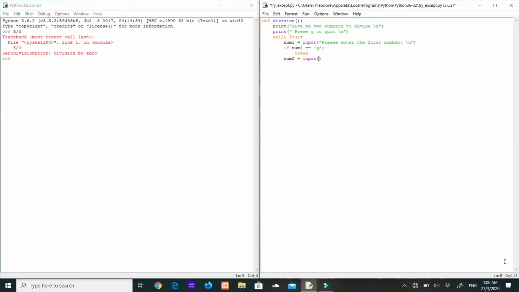Let me just copy this. We're going to say basically the same thing, except we want the second number. So paste it in here. We say, "Please enter the second number." And after that, I want to say if num2 equals Q, I want to break out of the while loop. We don't really need an else. We can just say if that's not true, then my answer is going to be equal to